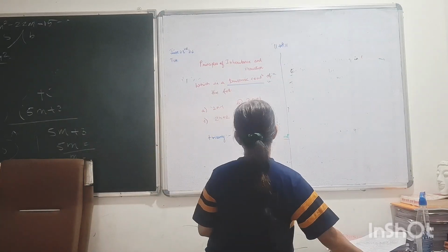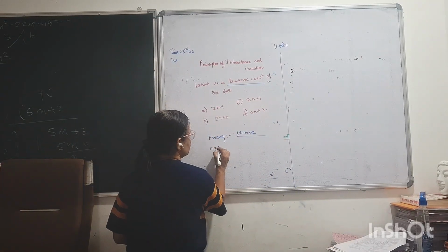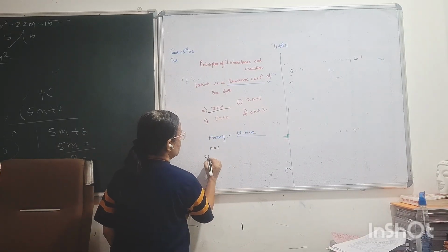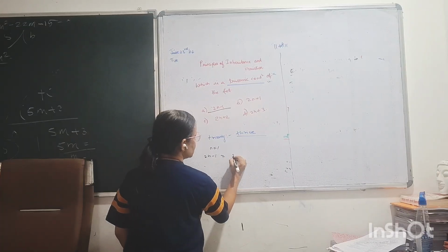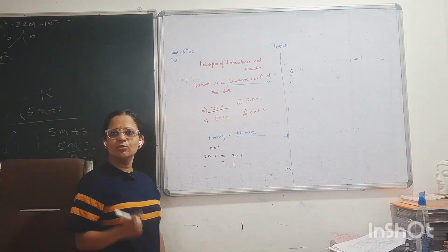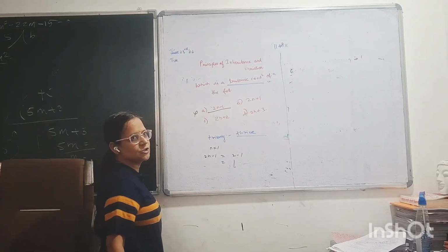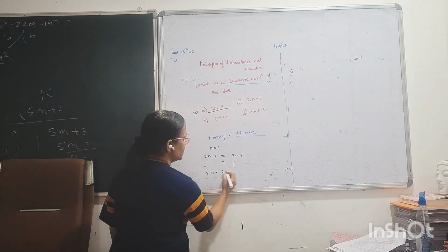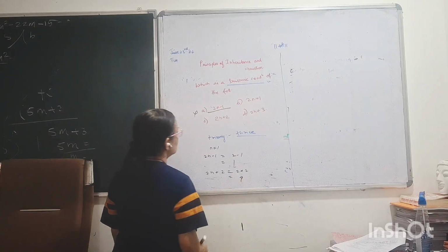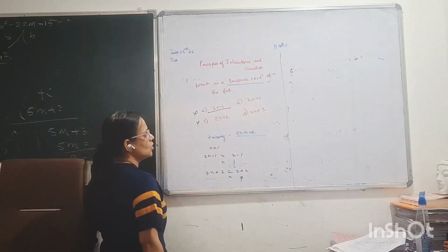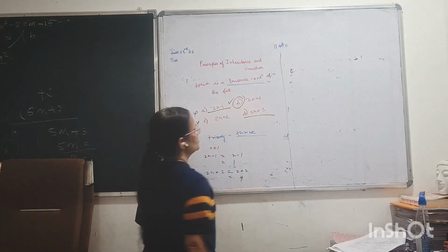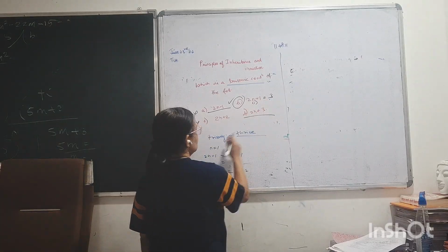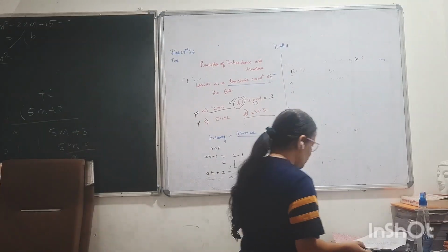Now, very simple, what you have to do is put N equal to 1 in all of these. Suppose in the first case I put N equal to 1 in 2N minus 1, I will get 2 minus 1, that means only 1 chromosome. So this is not the option, right? Let us take this example, 2N plus 2. If I put N equal to 1, I will get 2 plus 2, that is 4. This will become tetrasomy. So this is also not the option. So your answer will be 2N plus 1. That means if I put N equal to 1, 2 plus 1 is 3. So I will get 3 chromosomes. Right? Let us move on to the next MCQ.